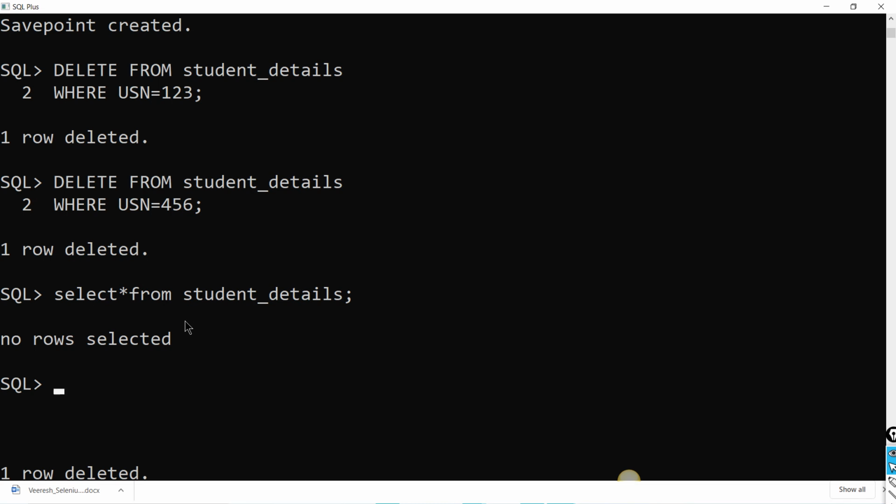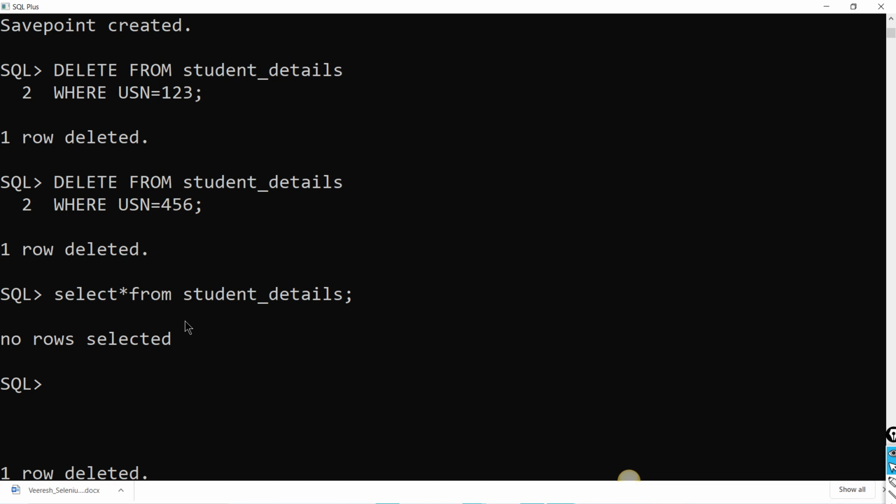Now we have two savepoints, one is 1 2 3 and the other 4 5 6. If you want to roll back both the rows, then make use of 4 5 6, because at 4 5 6 we had two rows.